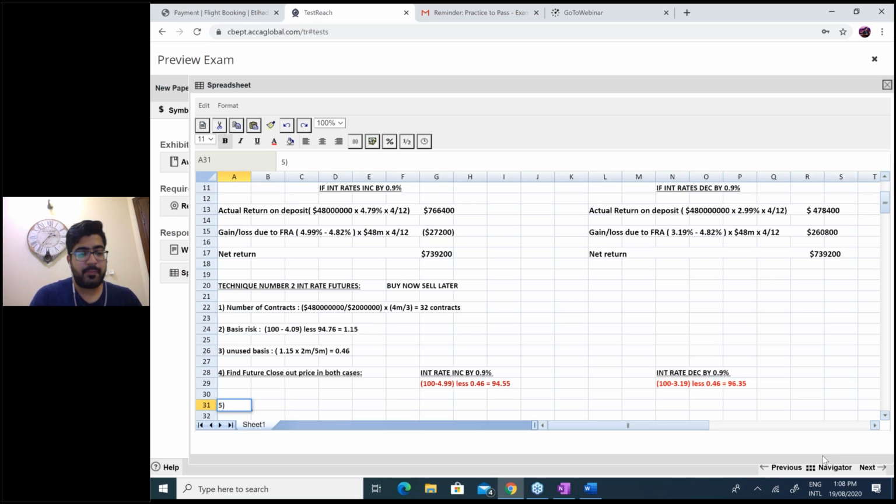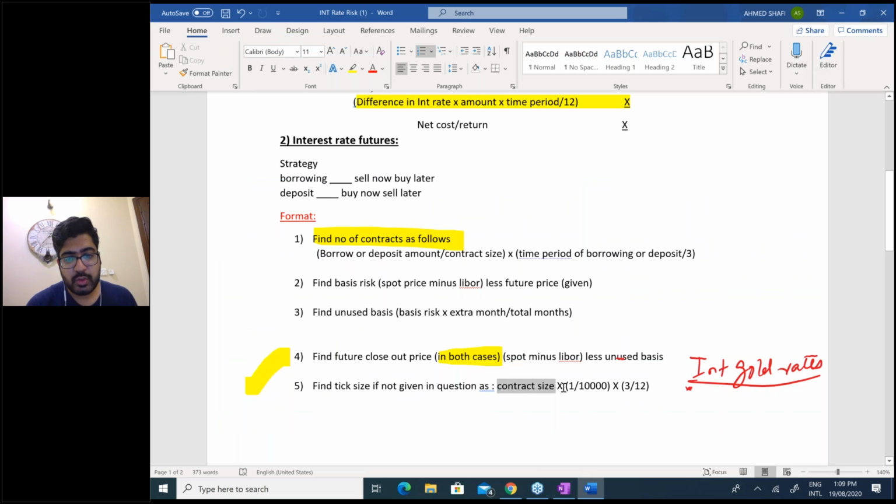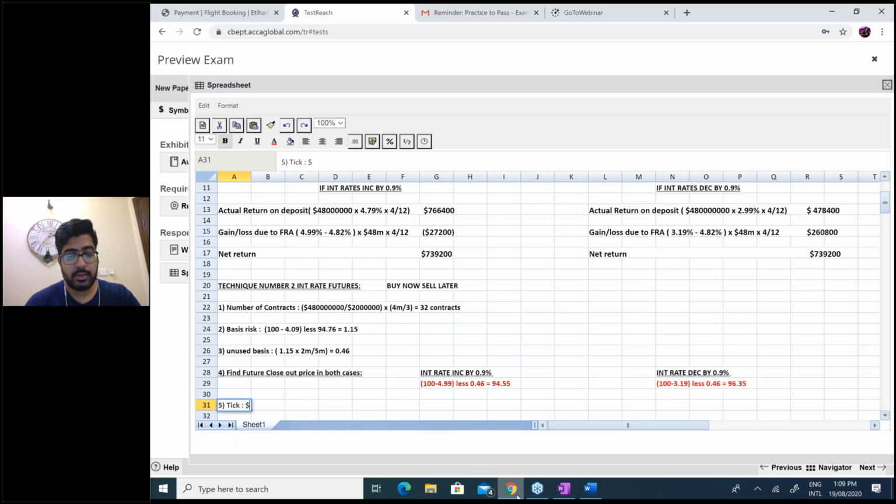Okay, now in step 5, I need to calculate the tick if it's not given in the question. I can see tick is nowhere present in the question. I read the question, there is nowhere tick is mentioned. So I need to calculate the tick. Look at the formula of tick: contract size into 1 over 10,000 into 3 by 12, as you can see on the screen. So contract size is $2 million